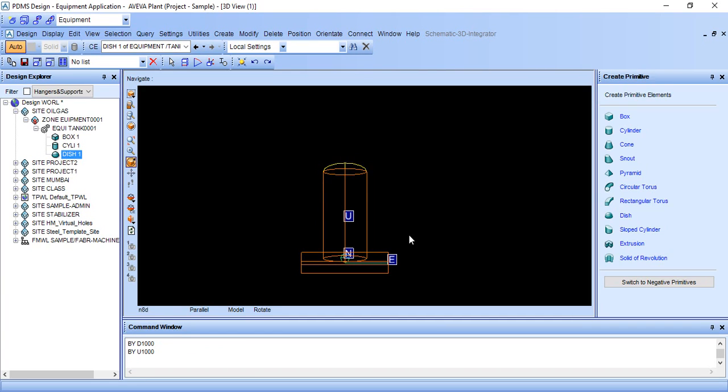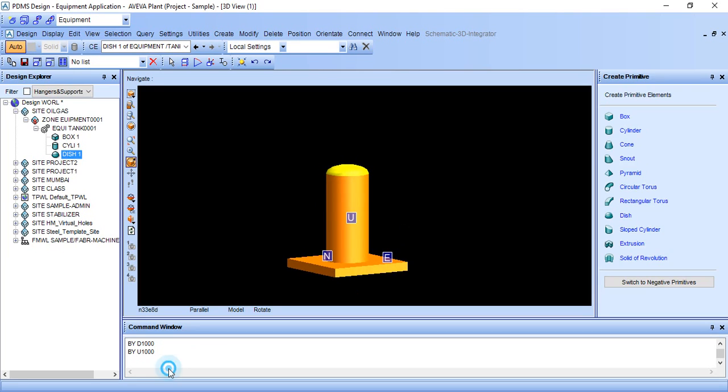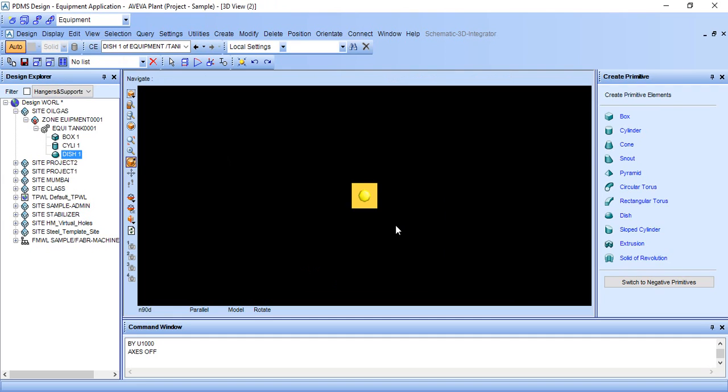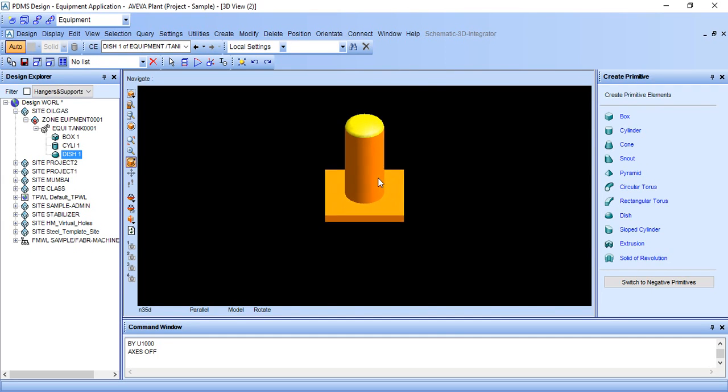To come back from wireframe to graphical view, click this button. And to turn on axis, turn off axis, type this. And if the drawing is not showing, go display and graphical view, it will be shown.